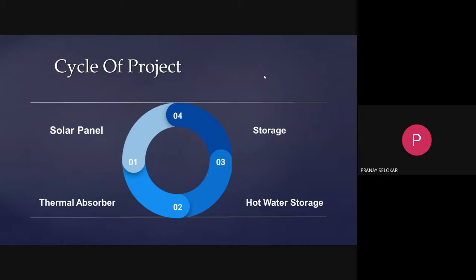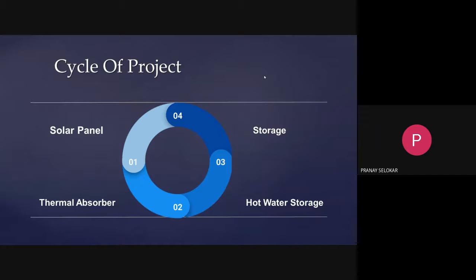And the heat exchange in this process is done with the help of water, which is pumped through the copper tubes. Third stage is storage of the hot water. The hot water we get in the second stage is stored in the water tank, and which can be further utilized for the domestic use.